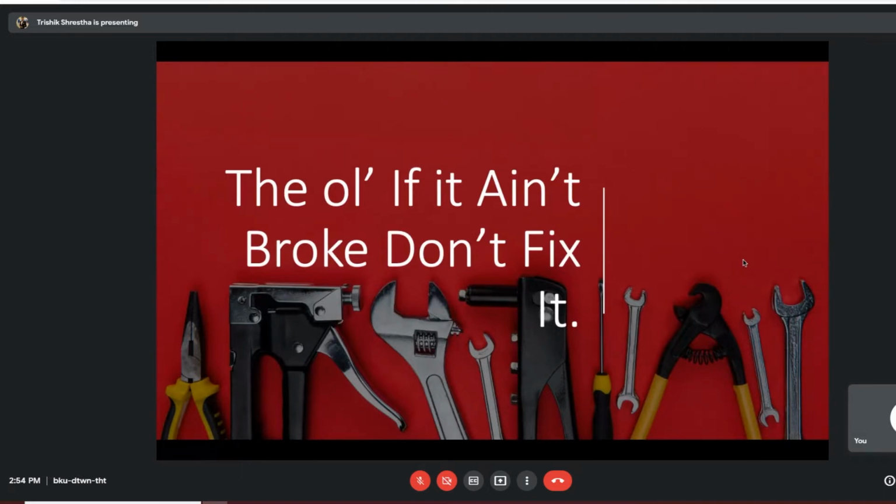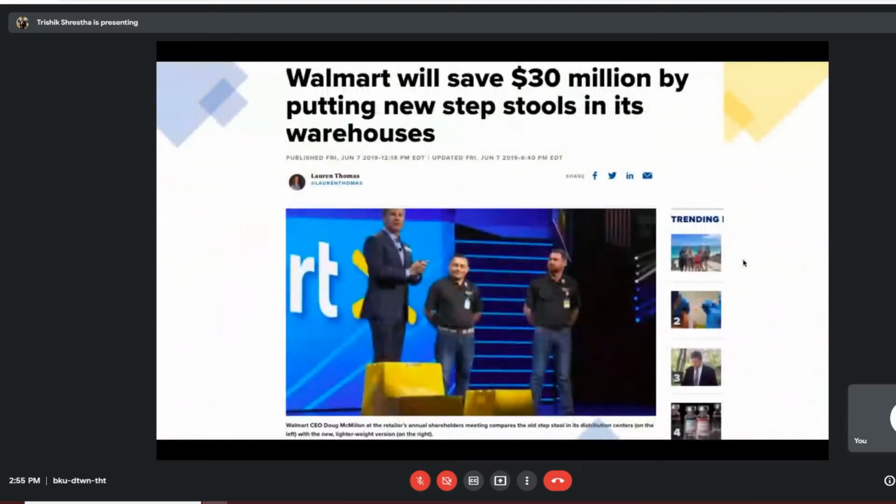Okay? If it's working right now, then we don't want to do something that is going to put us in a position that we have to do more work. Even though that's the reality or not, time that's not necessary. Okay? We have this conception of believing that if it is not broken, then we don't need to fix it. But this is what happens when you fix it. The largest companies in the world are fixing it, and that is why they are the largest companies in the world. Walmart, this particular example is pretty fun.